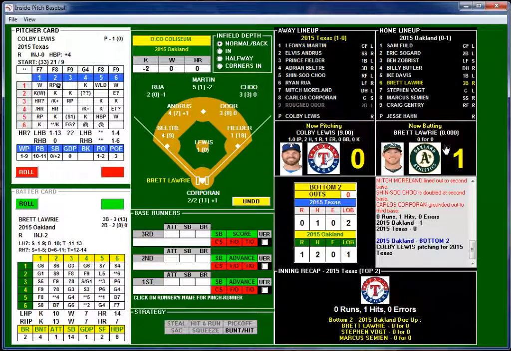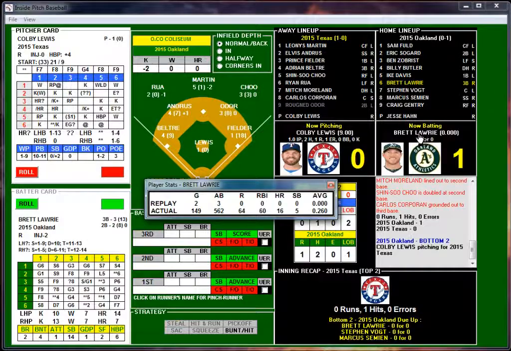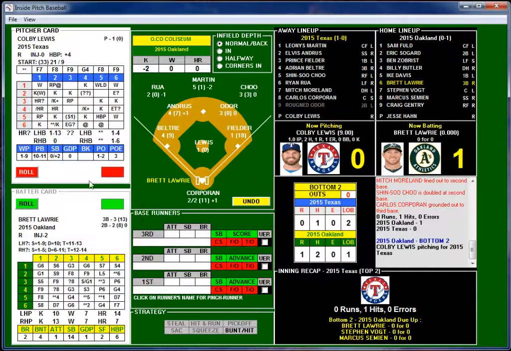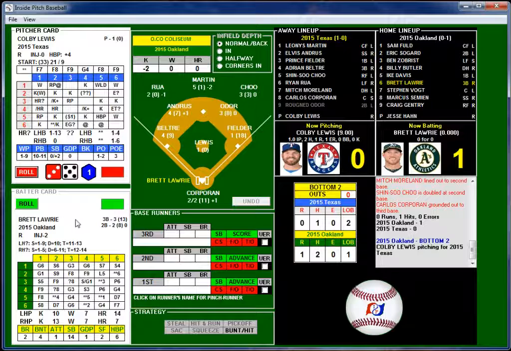All right, Brett Lowry, the 6th hitter, third baseman. This is his second game, third at bat. He's got nothing to show for it. Real life, 149 games, 60 RBIs, 16 home runs, 5 stolen bases, and a .260 average. Let's see how he does against Colby here. Colby Lewis with the pitch. Home run possibility? No, he gave up no home runs to right-handers the whole season. Wow, that is amazing. Well, good for him. But Lowry's going to have to do it the hard way, I guess, here.